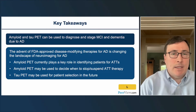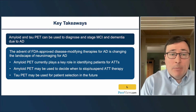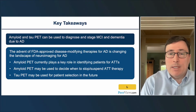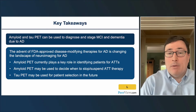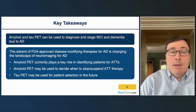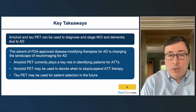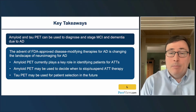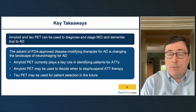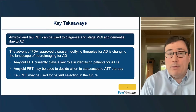So in summary, I'd like to give you some key takeaways from this presentation. Amyloid and tau PET can be used to diagnose and stage mild cognitive impairment and dementia due to Alzheimer's disease. And with the advent of FDA-approved disease-modifying therapies for Alzheimer's disease, the landscape of neuroimaging for Alzheimer's disease with PET is changing. Currently, we're using amyloid PET as a key measure to identify patients with abnormal amyloid in the neocortex, which is necessary to qualify them for